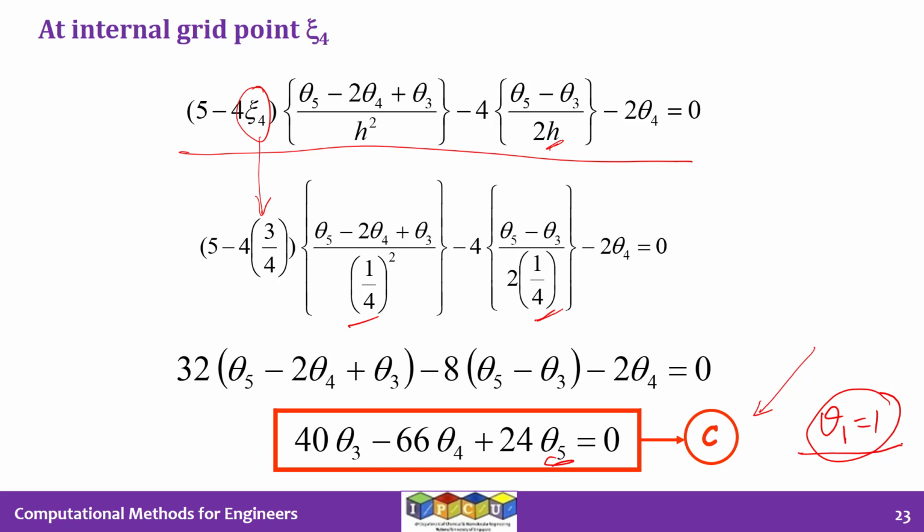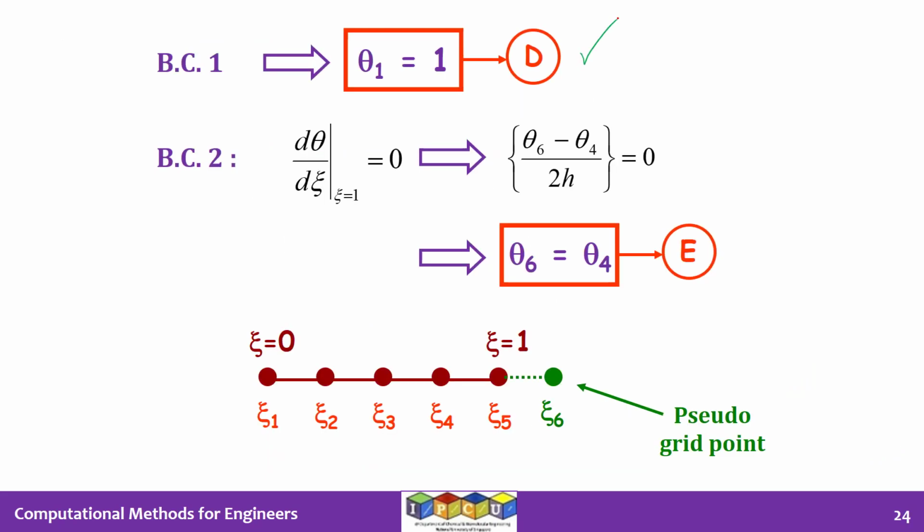Or I can generate one more equation and then I'll have four equations and four unknowns, which can also be solved. So here we are going to use the latter option. That means we are going to generate one more equation. Why? Because we have not utilized the boundary condition on the right hand side yet. So let's incorporate the second boundary condition into our problem formulation. So what is shown here is equation D. Theta 1 is equal to 1. I stated that already. So the second boundary condition in the problem is given as d theta by d psi at psi equal to 1 is 0.